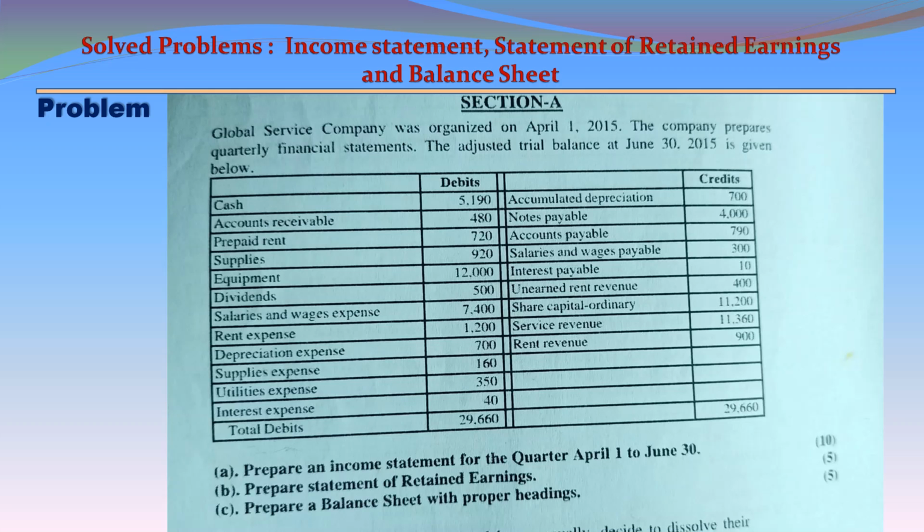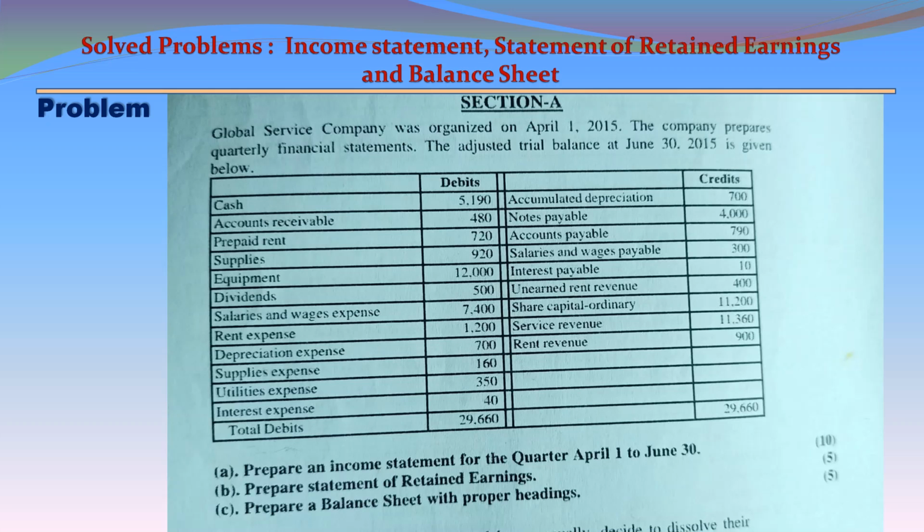Debits, credits. On the debit side, cash 5,190, accounts receivable 480, prepaid rent 720, supplies 920, equipment 12,000, dividends 500, salaries and wages expense 7,400, rent expense 1,200, depreciation expense 700, supplies expense 160, utilities expense 350, interest expense